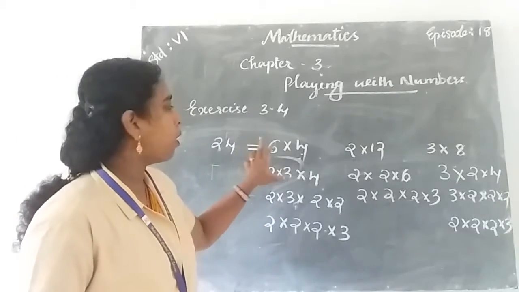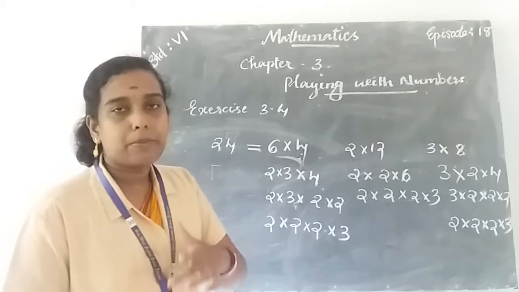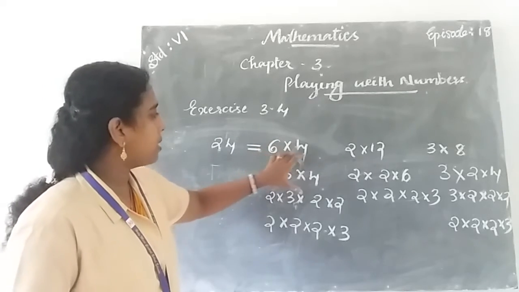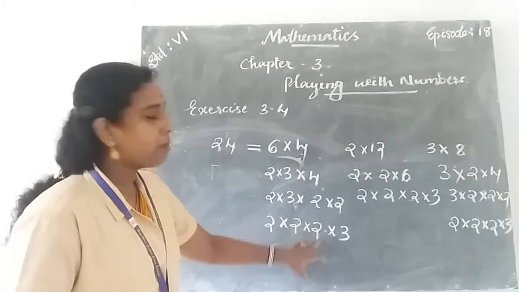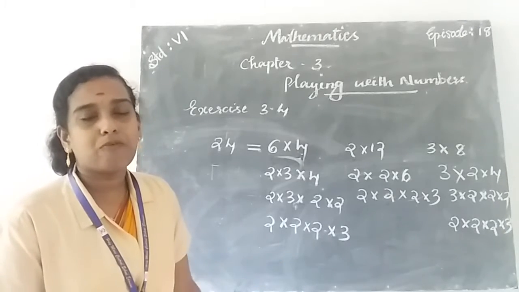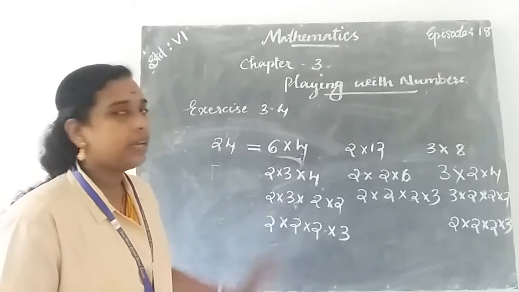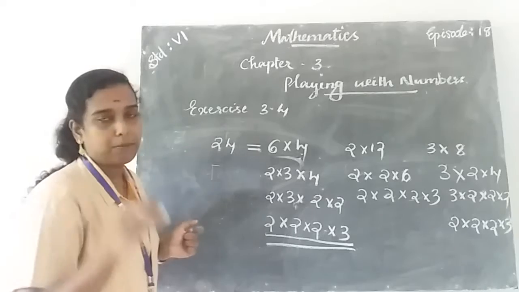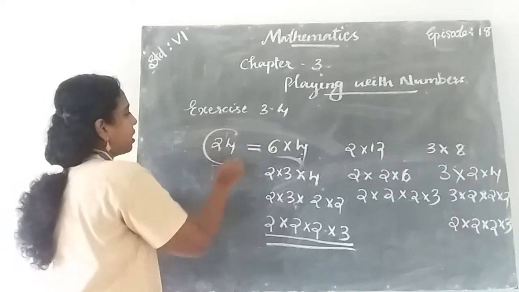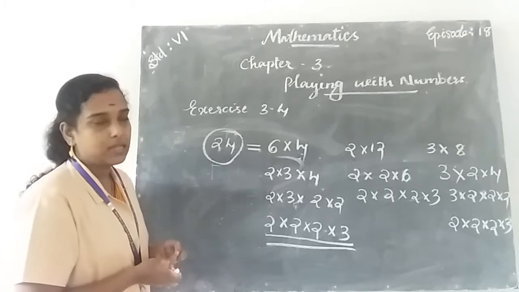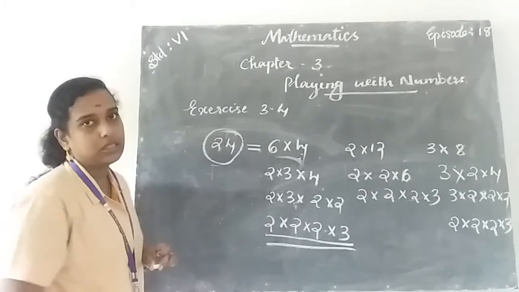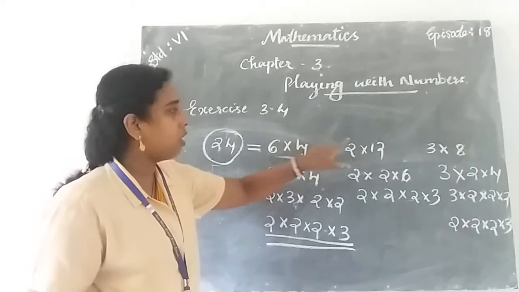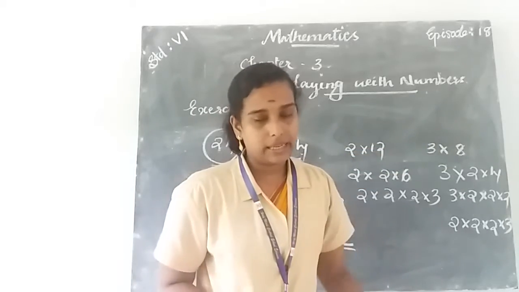When a number is expressed in terms of the product of any two numbers, we can say that the number can be factorized. Then we factorize each of the numbers until we get prime numbers only. Then we can say that the number is prime factorized, or this is called prime factorization. Here in the last step we get only 2 and 3, which are prime numbers. Then we can say that 24 gets prime factorized, or this is the prime factorization of 24. Okay, so 24 can be prime factorized in 3 ways: 6 into 4, 2 into 12, 3 into 8.